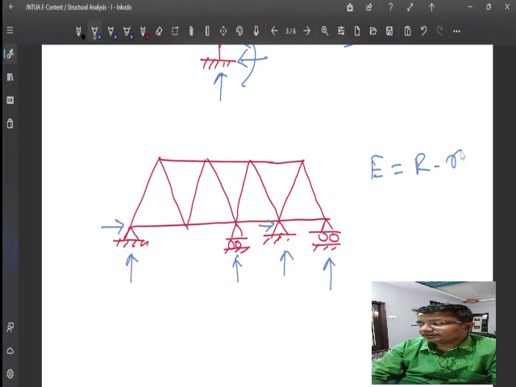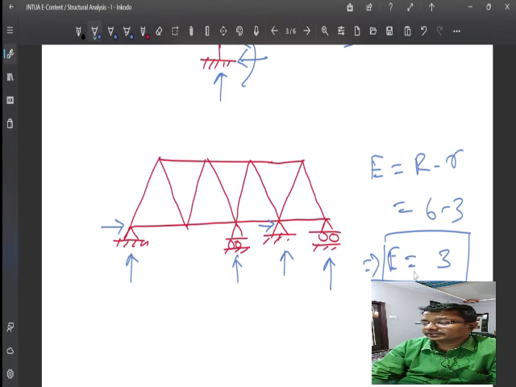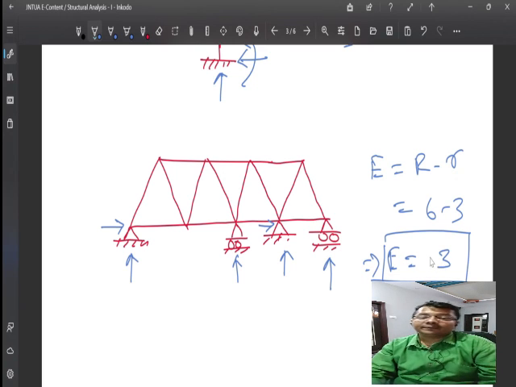So E equals R minus r. Number of unknowns 1, 2, 3, 3, 6. 6 minus 3 equals 3. This implies the degree of external indeterminacy for this structure is